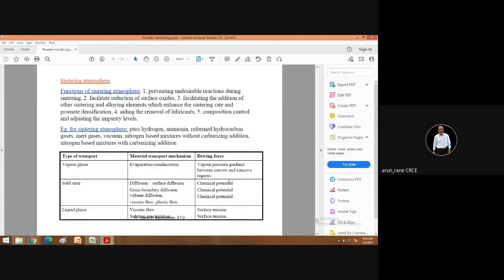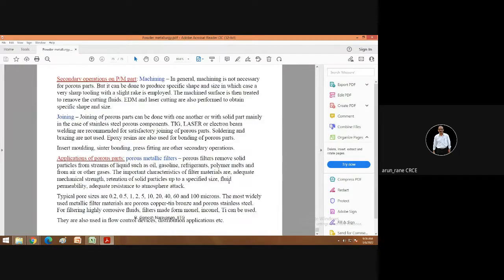How the sintering is carried out, that is the sintering atmosphere, whether air, or whether you need inert gas, or whether you need vacuum in the furnace. The accuracy or the cleanliness will depend on the atmosphere in the furnace. We go for vacuum. Why? Because if you are heating in vacuum, then there is absolutely no oxidation. You get a perfectly clean component.